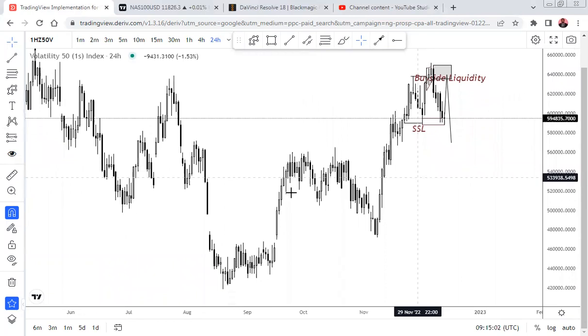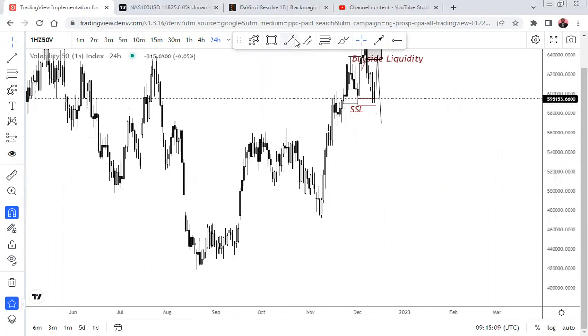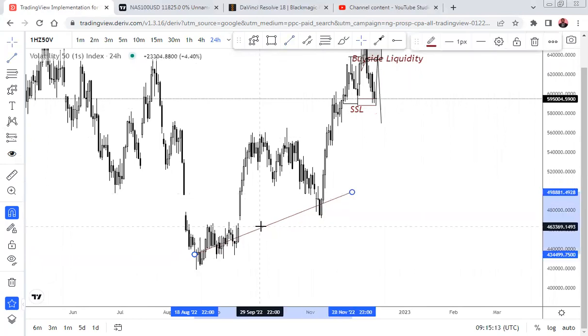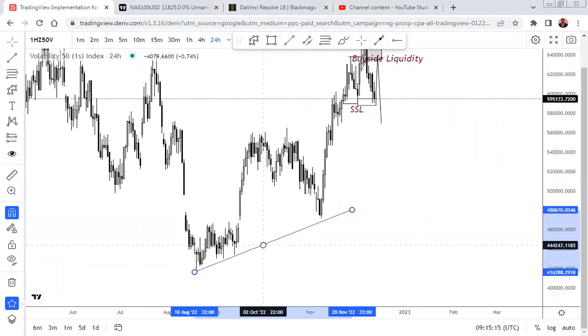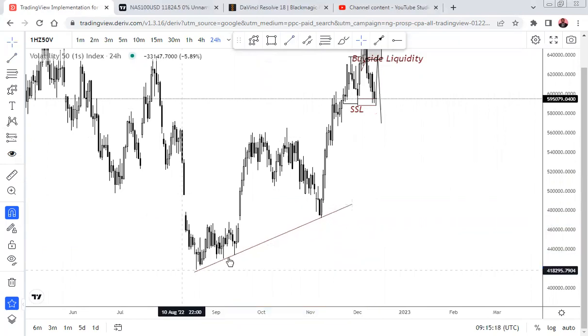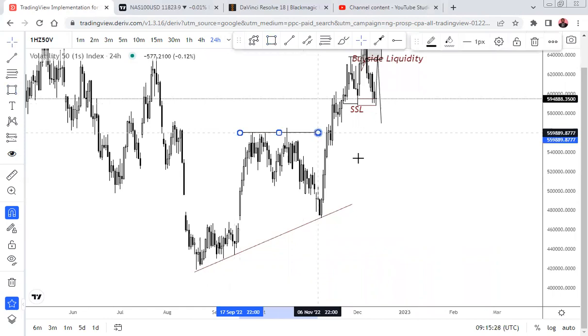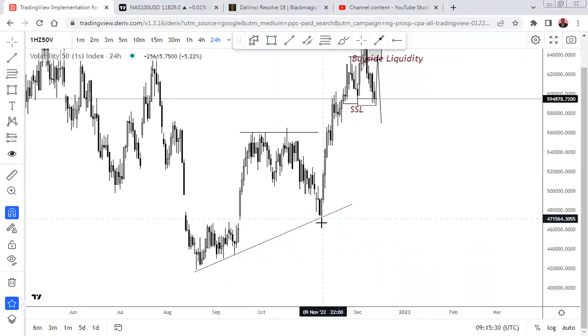You can see how price came here, cleared this, and cleared all these people, giving us a trend line base. So those that trade trend line might just have taken this first touch, second touch, third touch. Price came back. All the sellers that were here, these were buy side liquidities within this region. All the stops and everything were all cleared. Price came, cleared everything. So if I extend this,